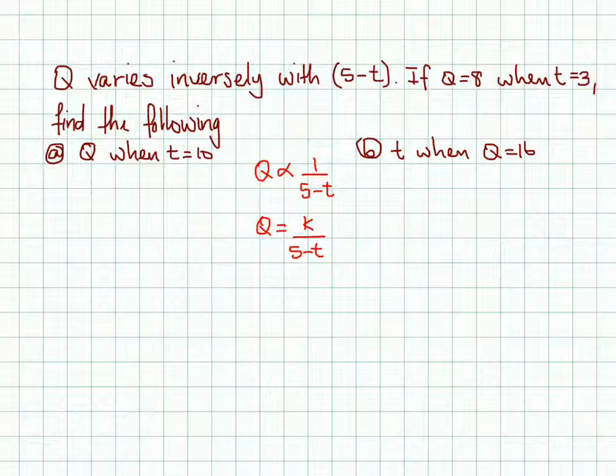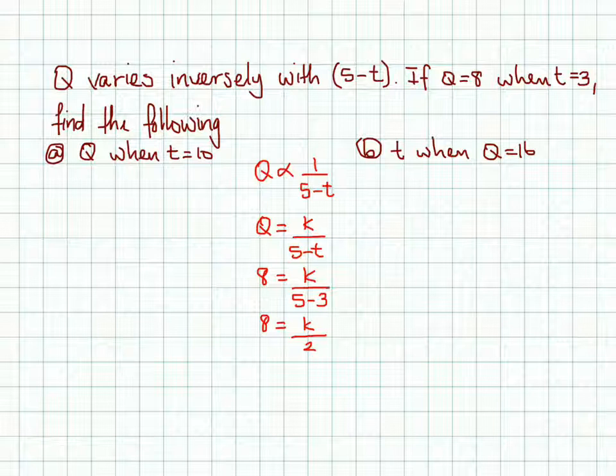Well, they said that Q is equal to 8 when t is equal to 3. So I'm going to replace Q with 8 and replace t with the number 3. So I'll get 8 is equal to k over 5 minus 3. Quick bit of working out, 8 is equal to k over 2. Multiply by 2 to get rid of that 2. K will be 16, which means that my main equation is going to say that Q is equal to 16